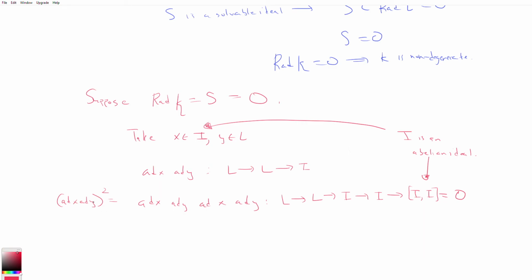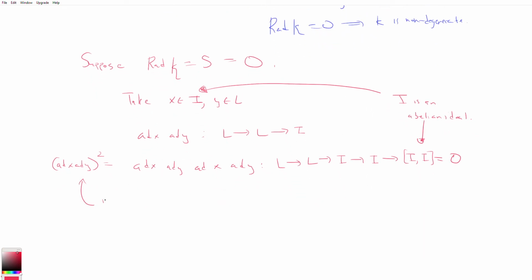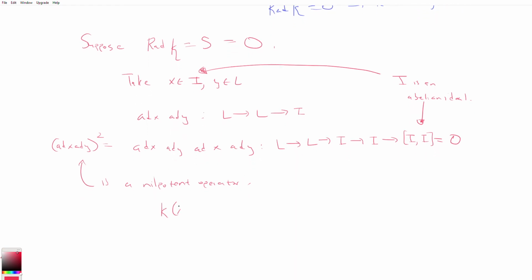And so ad x, ad y, right, I bracket I is going to give you 0, and so ad x, ad y is a nilpotent operator. So this is a nilpotent operator. And so what do we know about the nilpotent operators? Well, their trace is 0. So what we have is that kappa of x comma y is equal to 0 because this is also the trace of ad x, ad y. Right? And so what we have is that the killing form on everything in the ideal,